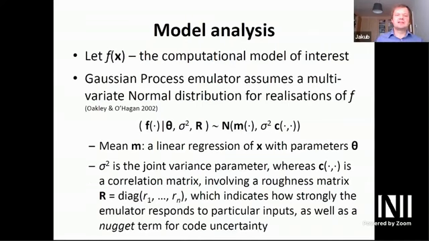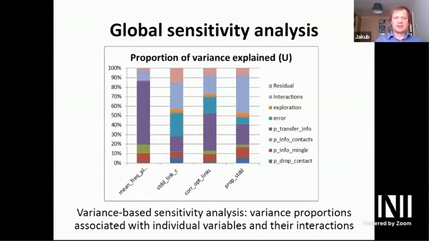The statistical analysis of the model followed the Gaussian process framework. Following the work by Tony O'Hagan and his co-authors, we assumed that the output follows a multivariate normal distribution for the realizations of our model, with a mean being a linear regression of the parameters with some hyperparameters, and then a conventional covariance matrix, basically the default option. What this enabled us to do was look at the relative influences of different parameters on the model